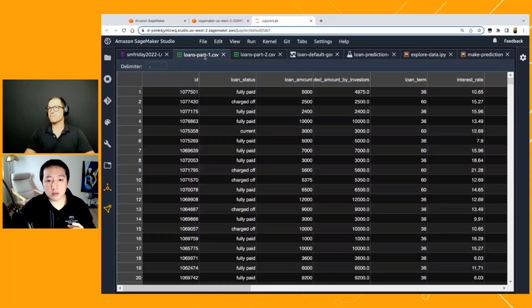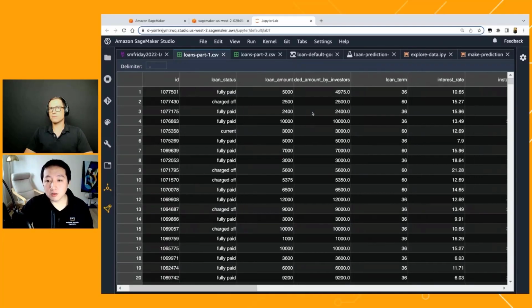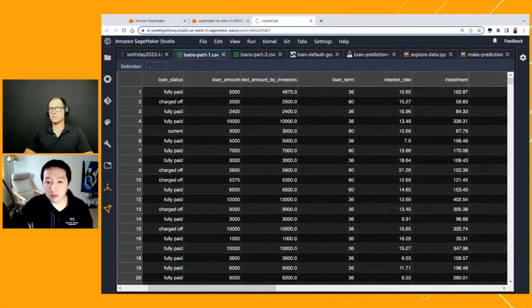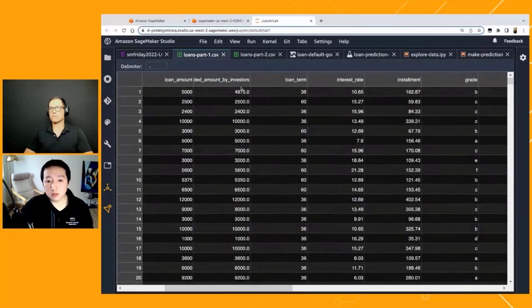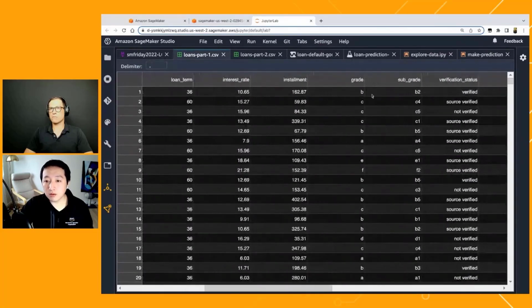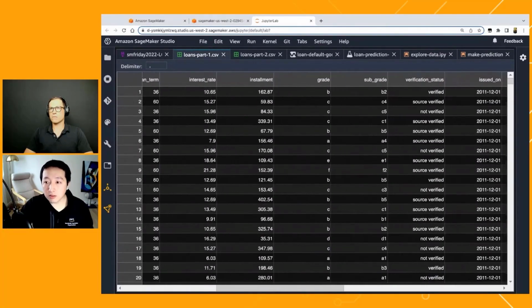So let me quickly describe the situation and the use case. This is the data set, and this is really a view of each of the customers that a financial service company has, whether they purchase or use a certain loan product and what their loan status is. For example, in this spreadsheet, you can see the loan status and also the information about this loan that this customer had purchased or has used, such as loan amount, interest, and the customer's credit history and so on and so forth.